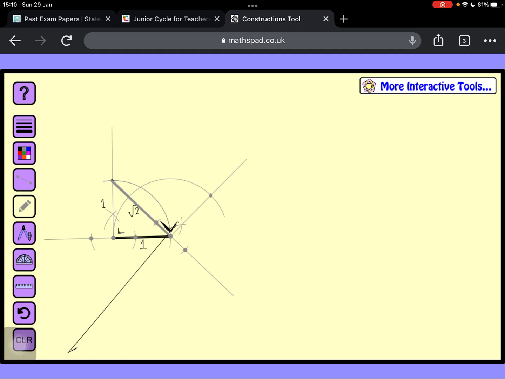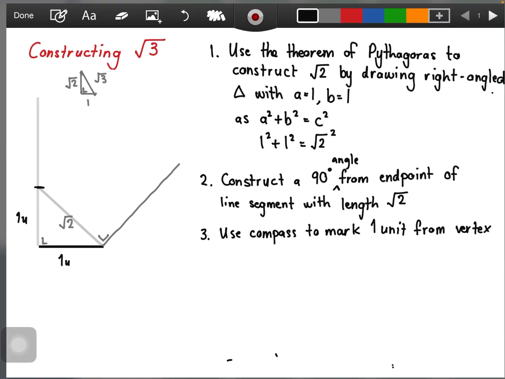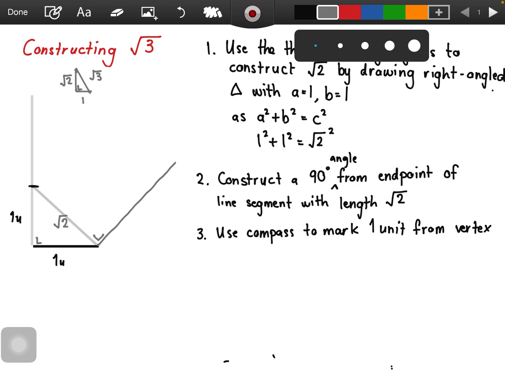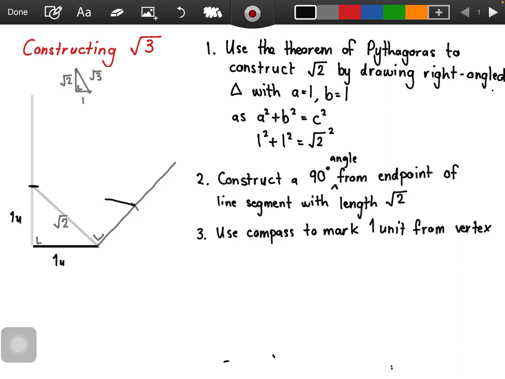Okay, so I am going to write in that is 1 unit. Don't know why the compass keeps popping back up. That is 1 unit, and I have root 2 units there. So I have now marked 1 unit up. Okay, I am going to connect the 1 unit up point to the root 2 end point. Okay, so connect intersection point